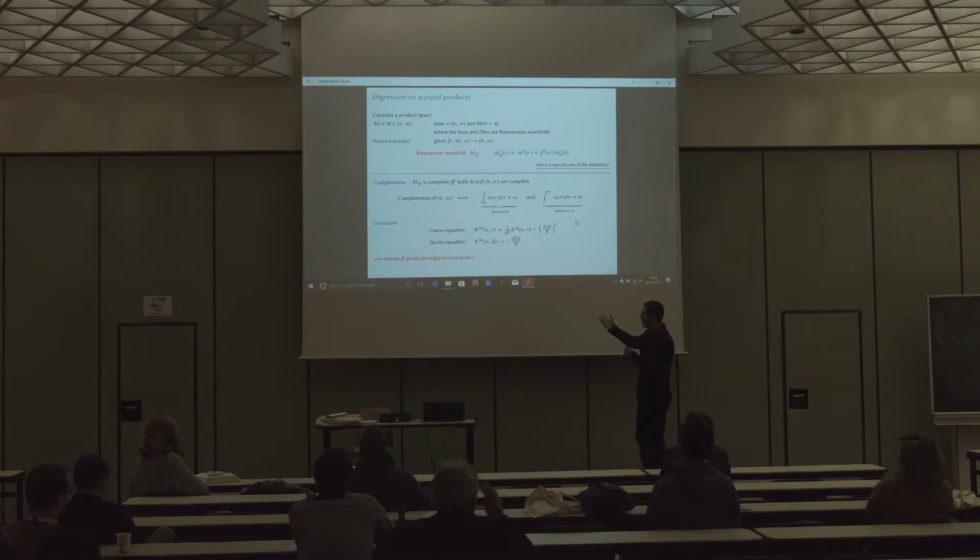For curvature, any sectional curvature can be found either from the Gauss equation or the Jacobi equation. If you look at the Gauss equation, if beta is a convex function of r, meaning it's geodesically convex, then we have negative radial sectional curvature, and this is the principle that convex functions produce negative curvature.